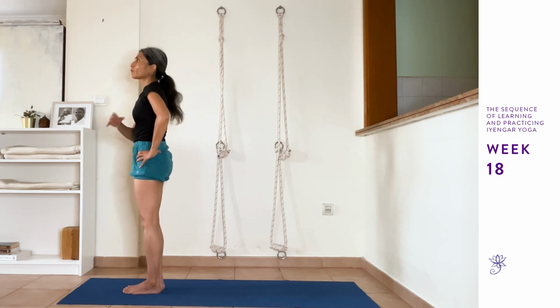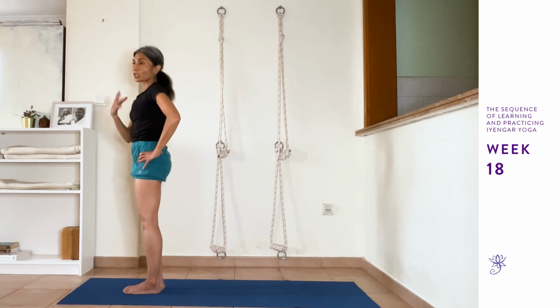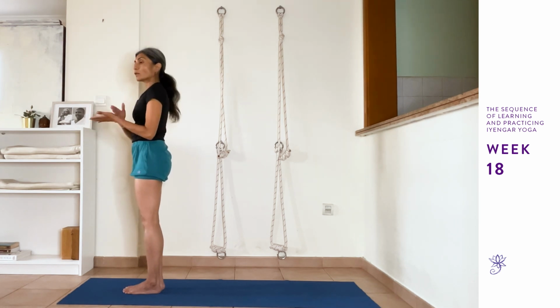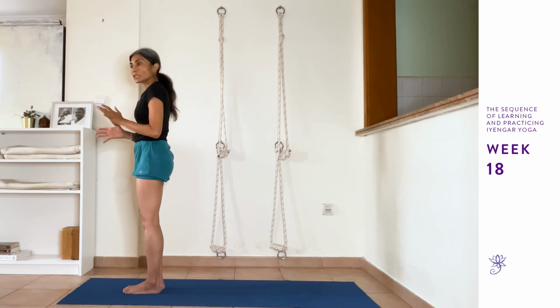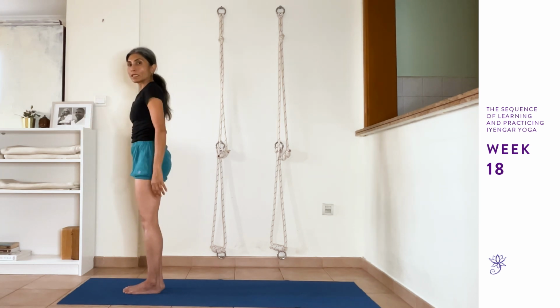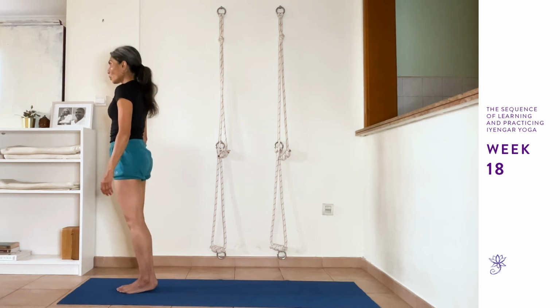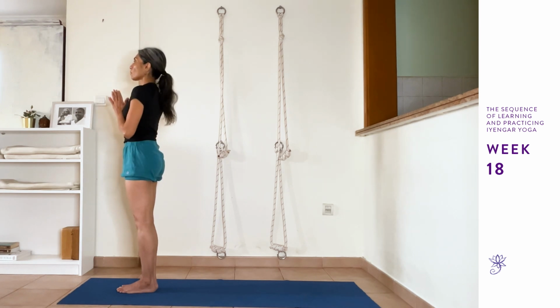Once you finish the course, of course, the sequence can depend on what your teacher wishes to explore that day. But for now, if you go with the sequence of learning Iyengar Yoga, then usually the sun salutations come more in the middle of your sequence. So stand with your big toes close, shift the weight to the heels, starting with Namaskarasana,